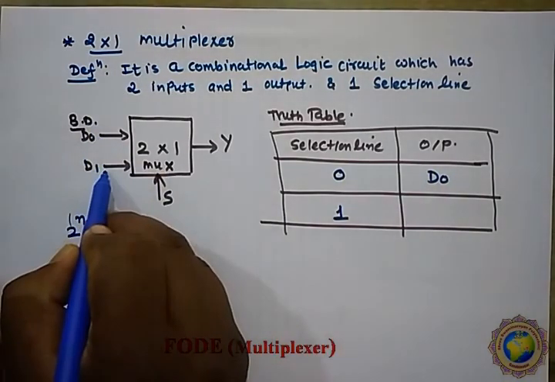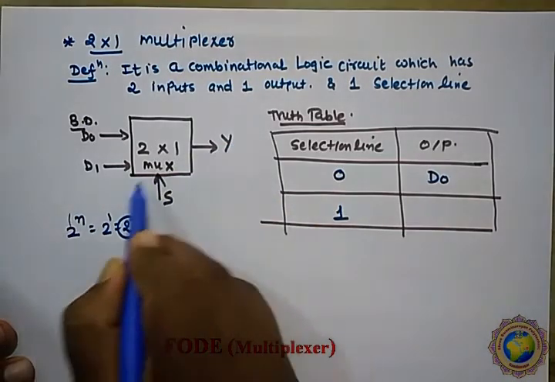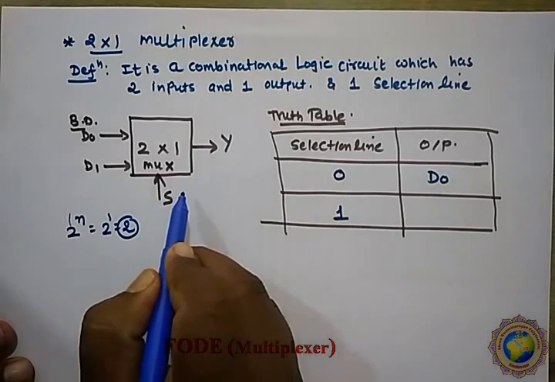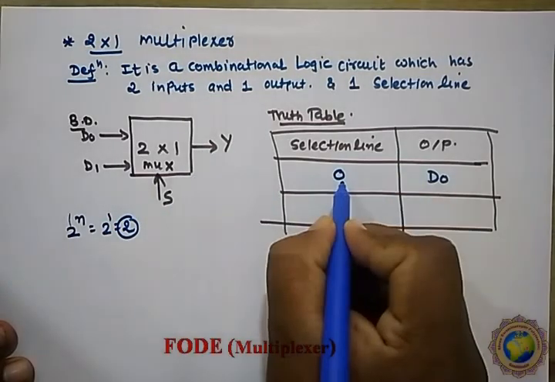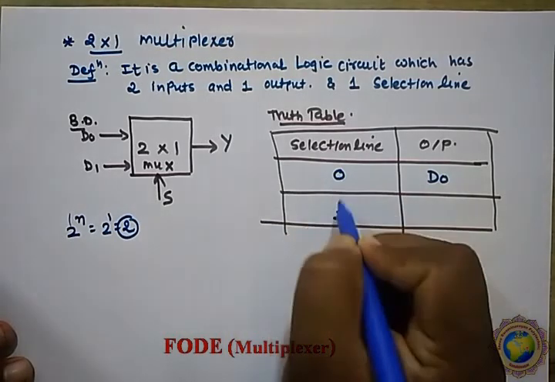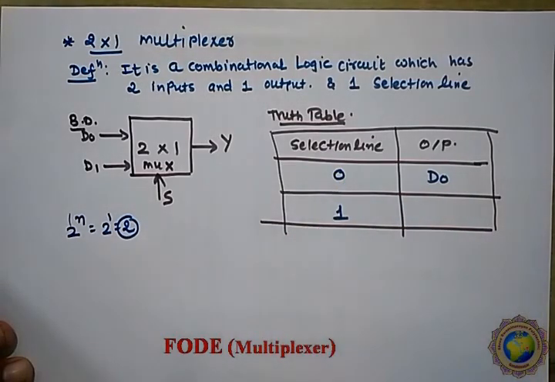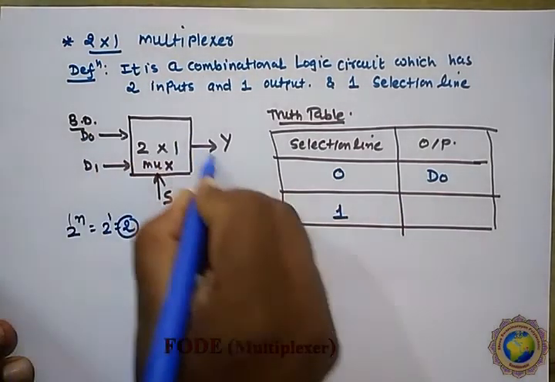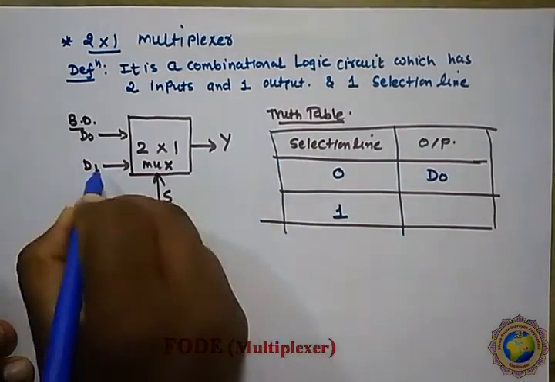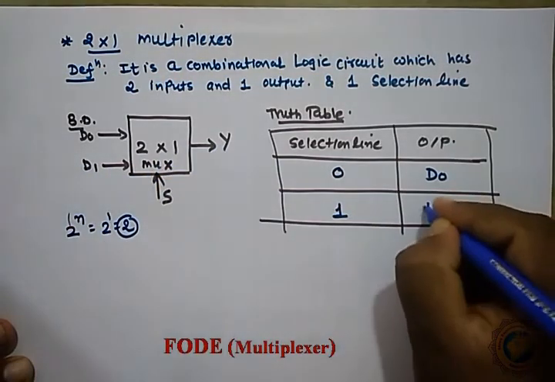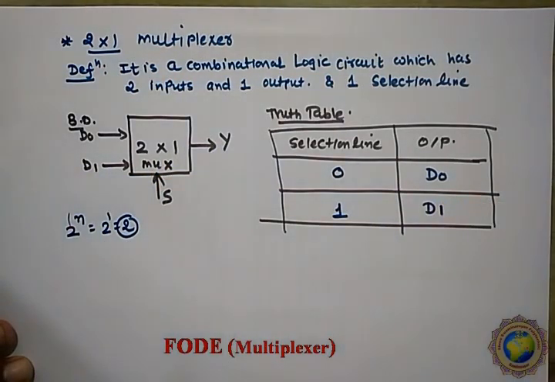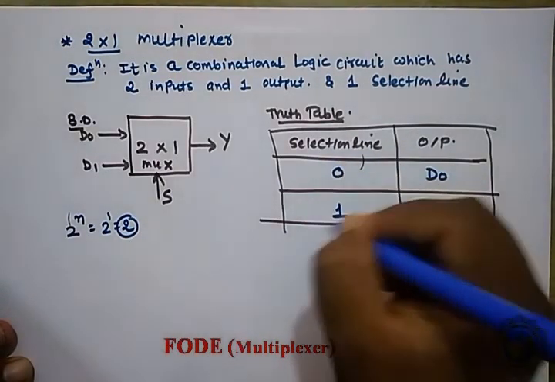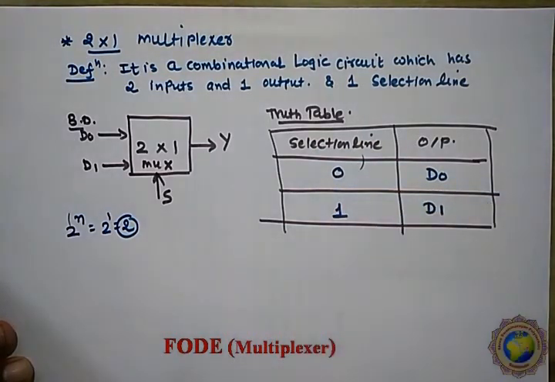જો તમારી પાસે 2 ઇનપુટ છે, એમાંથી આઉટપુટમાં તમને શું મળશે? તે કોના પર ડિપેન્ડ કરે છે? સિલેક્શન લાઇન ઉપર. સિલેક્શન લાઇનની અંદર બે પોસિબિલિટી છે કે કાં તો એ 0 છે અથવા 1 છે. તો આપણે મલ્ટીપ્લેક્સર એવી રીતે બનાવ્યું છે કે જો સિલેક્શન લાઇન 0 હોય તો D0 તમને આઉટપુટમાં મળે. જો સિલેક્શન લાઇન 1 હોય તો D1 માં જે પણ ઇનપુટ છે એ તમને આઉટપુટમાં મળશે. ઓકે, સો ધીસ ઇઝ નોન એઝ અ ચેનલ નંબર. આ શું છે? સિલેક્શન ચેનલ. વોટએવર ધ ચેનલ સિલેક્ટેડ બાય યુ, ધેટ વિલ બી અવેલેબલ ઓન આઉટપુટ.